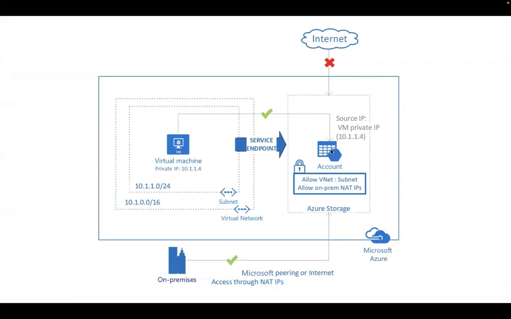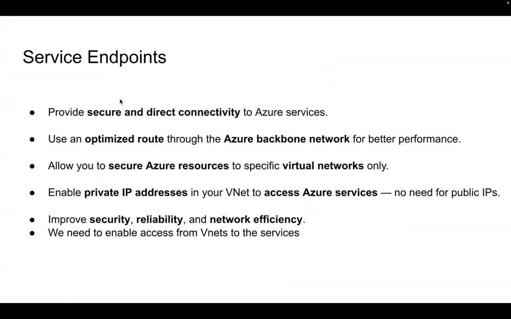So in the lab, I will show you how we can access it by service endpoint, and what the features of service endpoints are. It provides secure and direct connectivity to Azure services, using an optimized route through the Azure backbone network for better performance. So here the Azure account has a public address, but now that we have disabled the public access, it will use the Azure backbone,